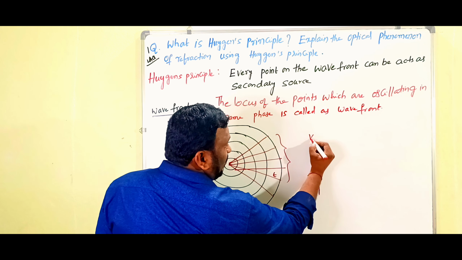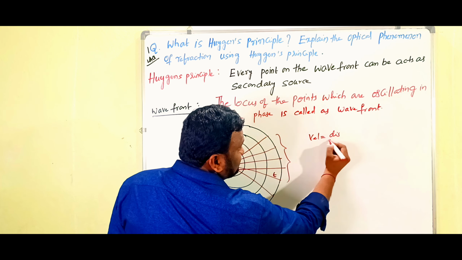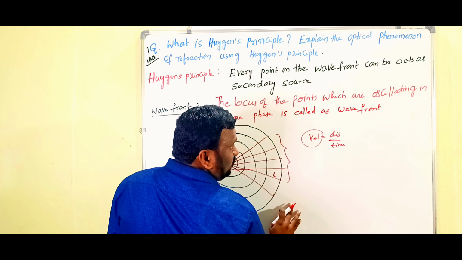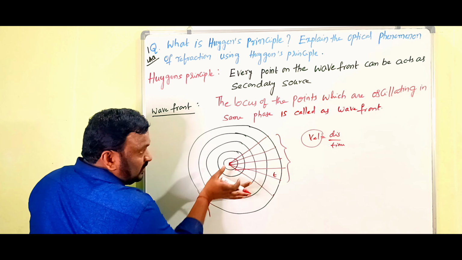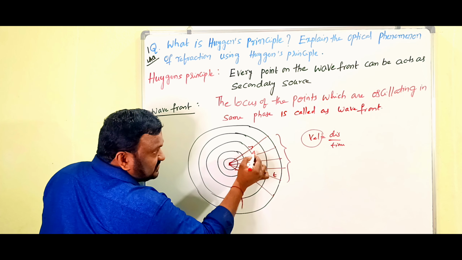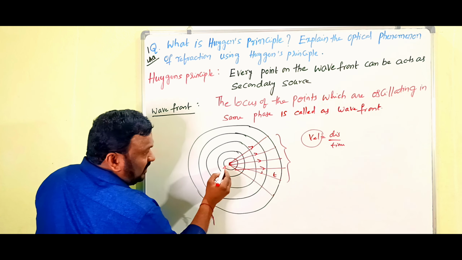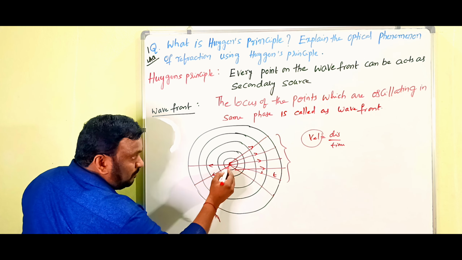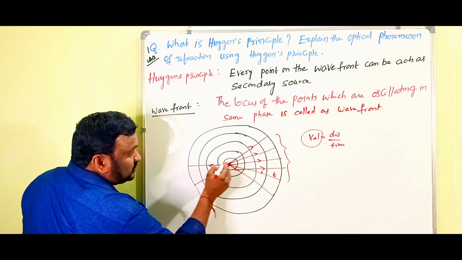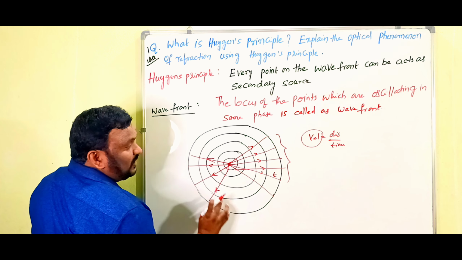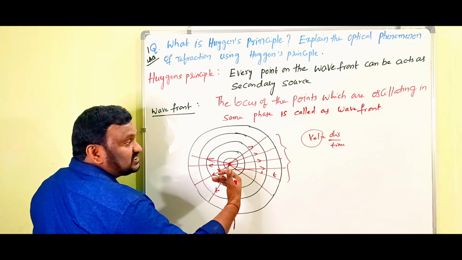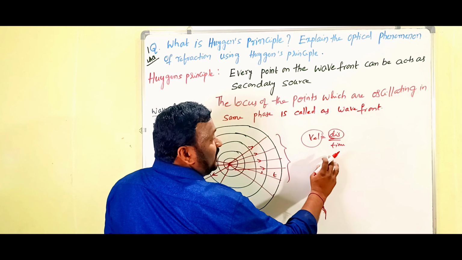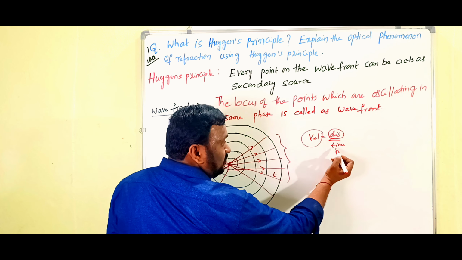What we know, velocity is equal to displacement by time. We are saying velocity is the same. That means in this direction, in any direction, or you can take this direction also. Clear? The liquid particles or ripples move with a constant velocity. When the displacement covered by the particles or molecules is the same within the same time,